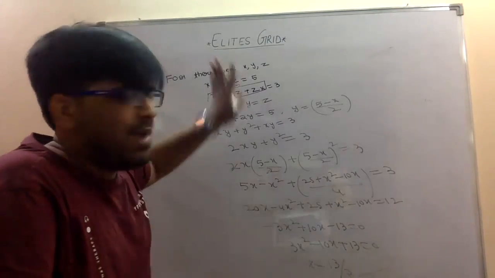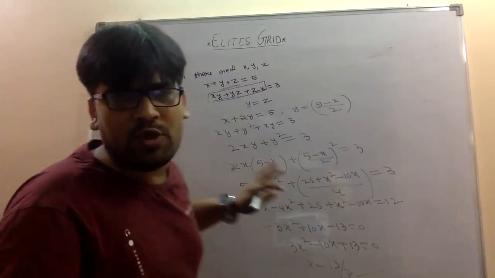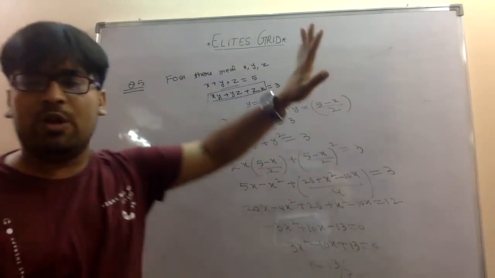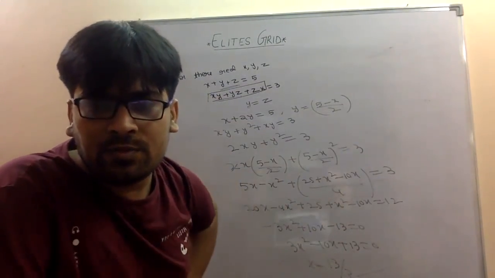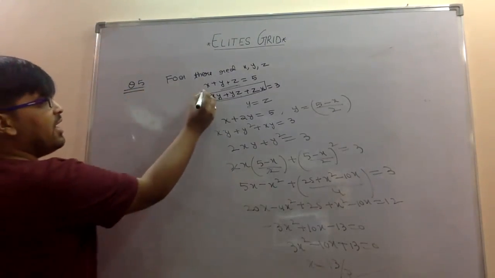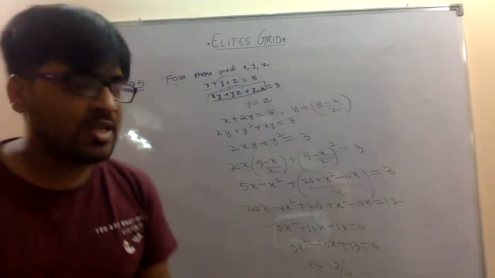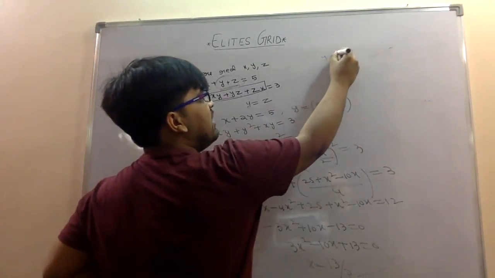So there are many methods to tackle these types of questions. You can apply that D greater than or equal to 0 method. Y is equal to z. If you want to maximize x, then this part should be minimized, y plus z should be minimized. Now think a little, like let the value of y plus z be